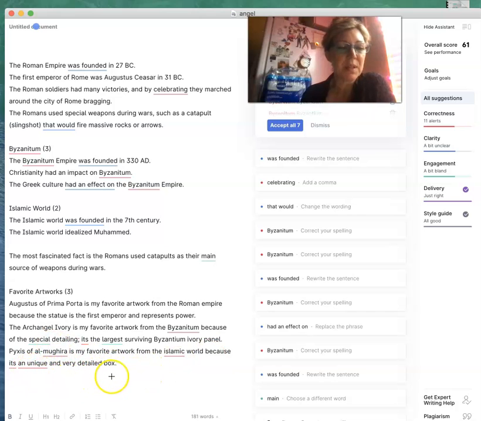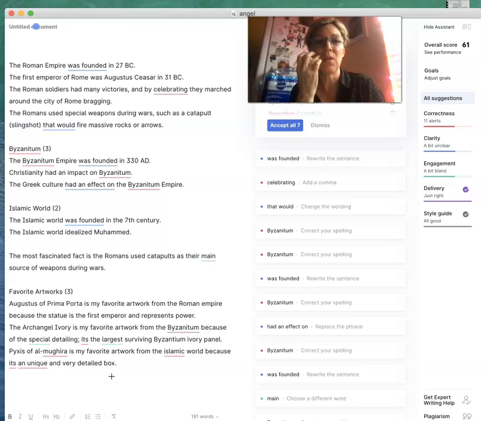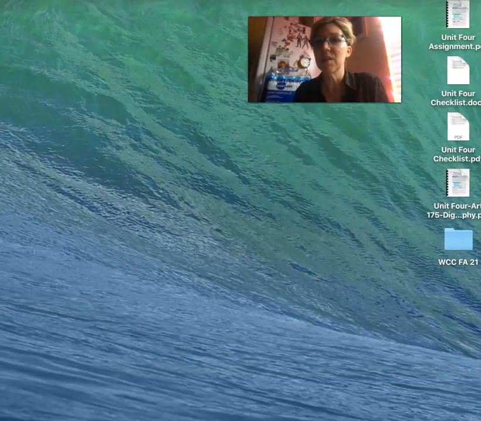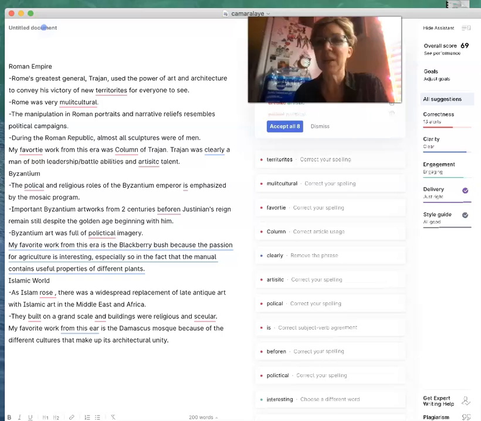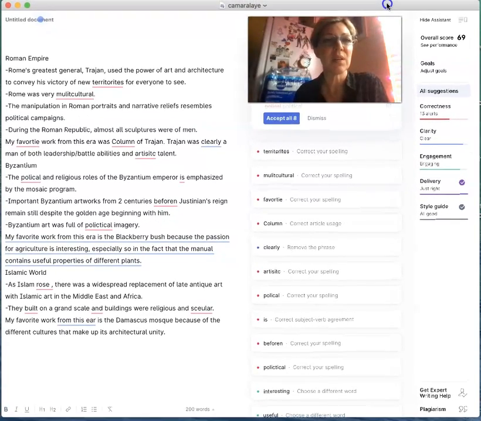Okay, unique and very detailed. You could say almost any artwork is unique and detailed. So, I mean, I understand that's your opinion about it. Try and throw a fact in there. Sorry if you feel like I'm being overly picky, but I honestly just want you to get the most out of the course. I really, really do. I want you to move forward into your other classes and into your life being a better writer.